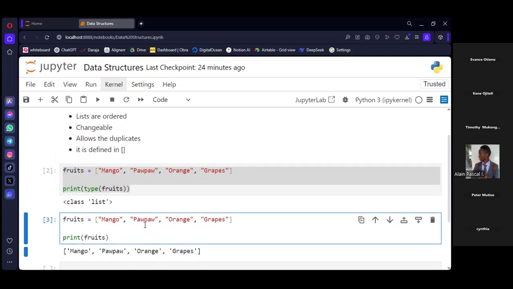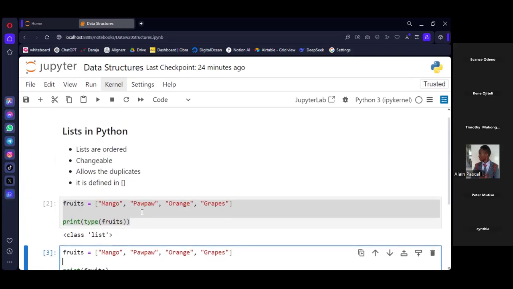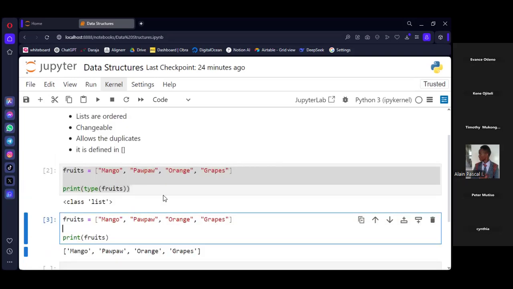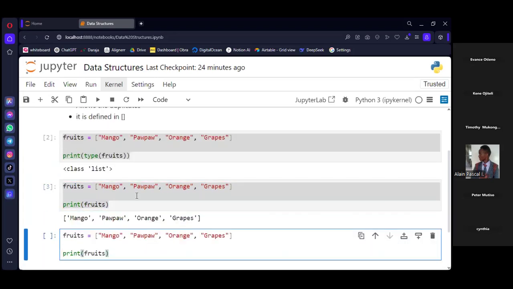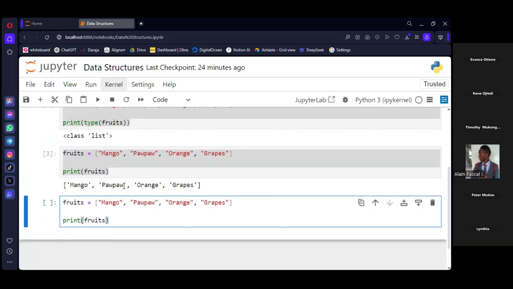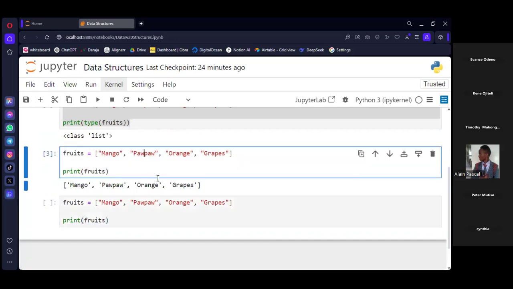So if this list is ordered and we can identify the elements with their index, then, for example, if we want to retrieve only something like purple, who can tell us which index this purple element is? Yes, 1.